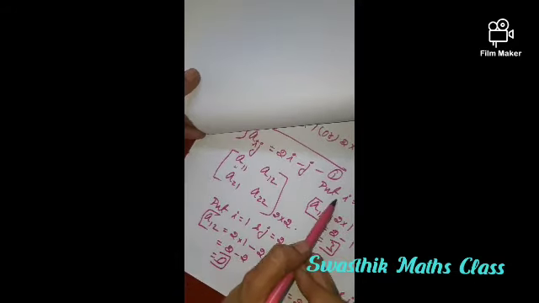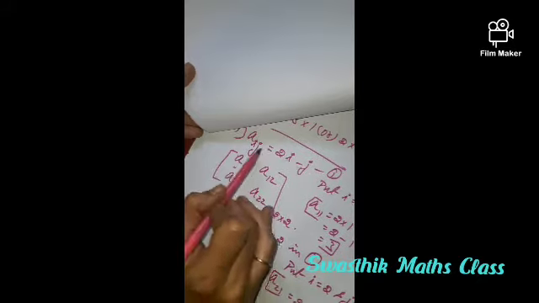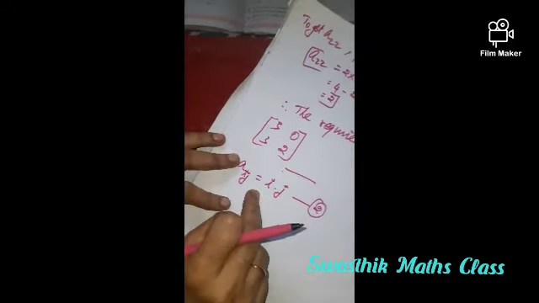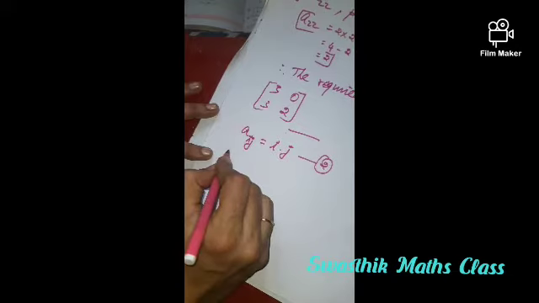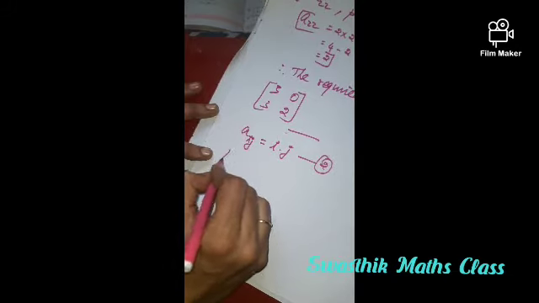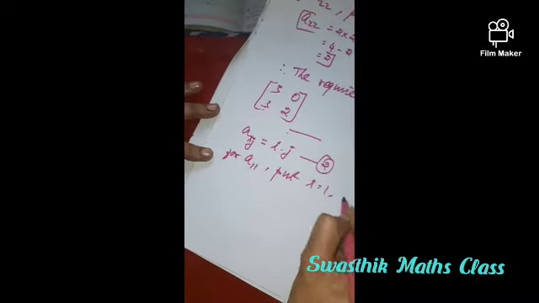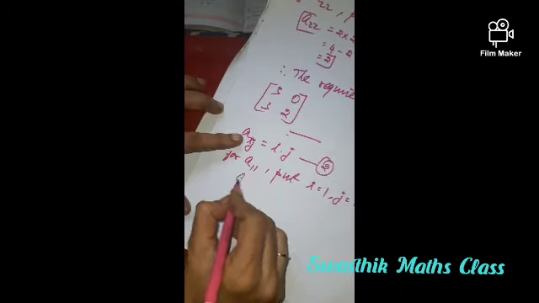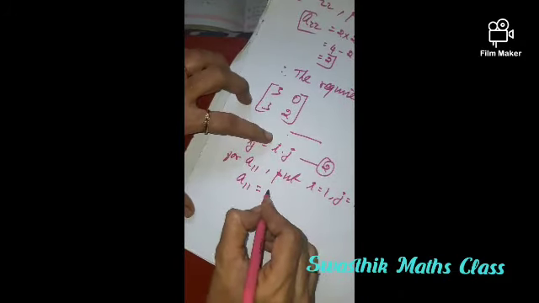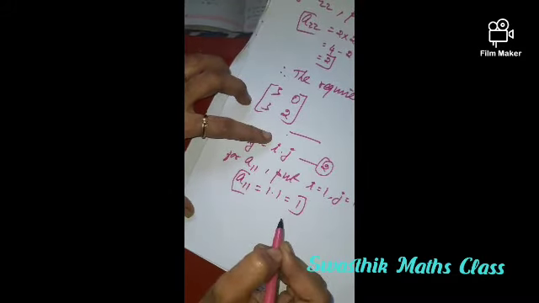Then by taking this equation, taking i is equal to 1 and j is equal to 1 first, next taking i is equal to 1 and j is equal to 2 and proceed as above. So first to get A11, put i is equal to 1 and j is equal to 1 in the second equation. What we get? A11 is equal to 1 into 1. This is equal to 1. So this is our first entry A11.